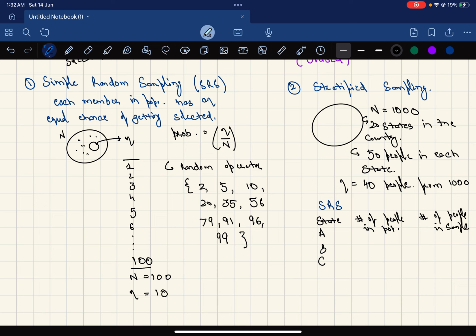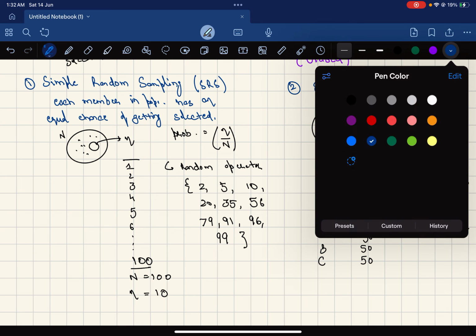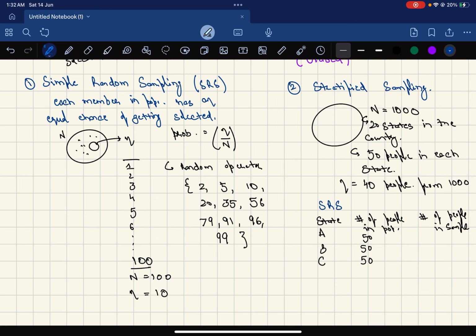Now we already know there are 50 people in each of the states here. So let us say we stick with that example, and we have 50 people in each of the states here. Now in simple random sampling, since we are selecting randomly, any of the members from each of the 1000 people has an equal chance of getting selected. So let's say we use simple random sampling, and from state A we are able to select 3 people, from state B we are able to select 1, and from state C we actually didn't get any sample,